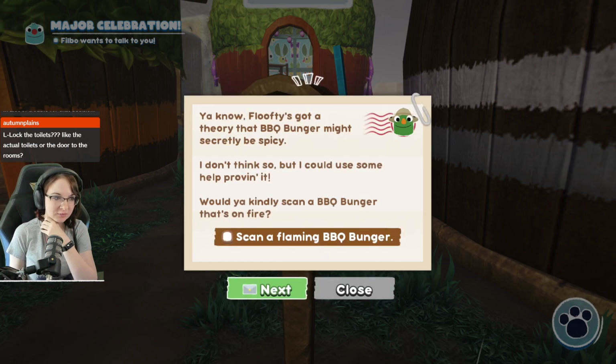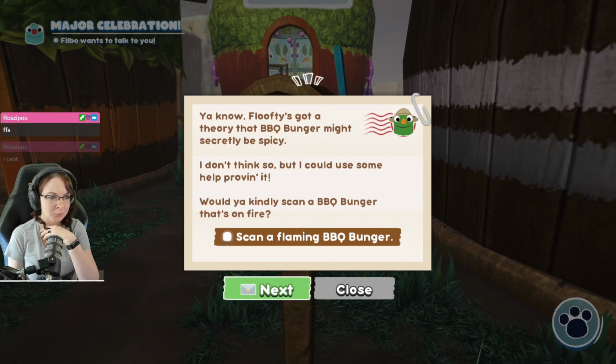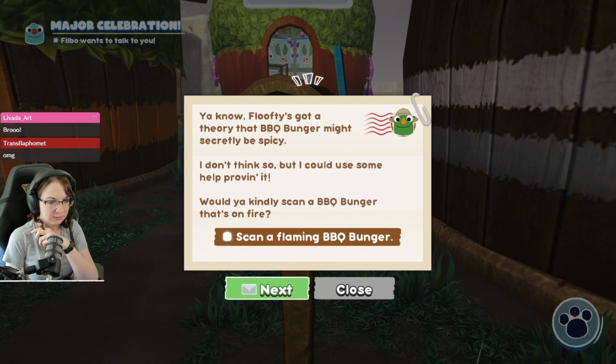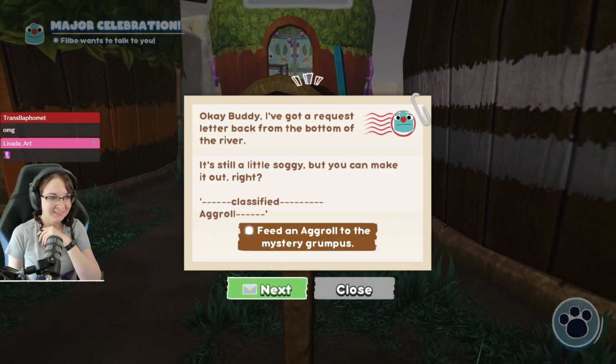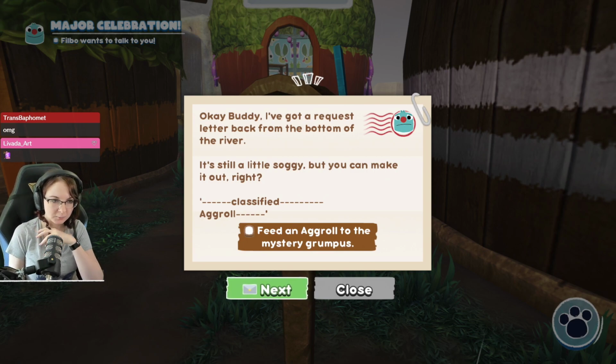Hey. You know, Flifty's got a theory that barbecue bunger might secretly be spicy. I don't think so, but I could use some help proving it. Would you kindly scan a barbecue bunger that's on fire? Okay. Hey, buddy. Bro. Okay, but I've got a request letter back from the bottom of the river. It's still a little soggy, but can you make it out all right? Classified egg roll, so that's definitely gonna be for,